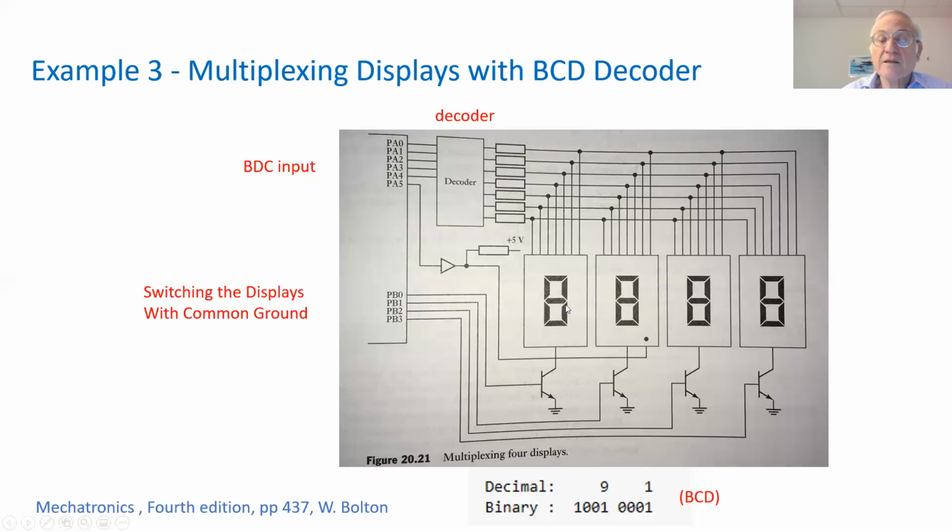It could be turned on and off at high frequency such that the impression is going to switch between them very, very quickly, such that the number which was displayed by the decoder is going to show. This completes our presentation, and we'll talk more about PLCs in upcoming lectures.